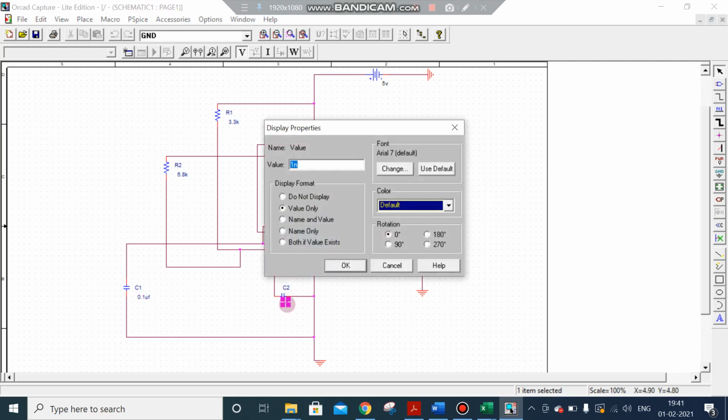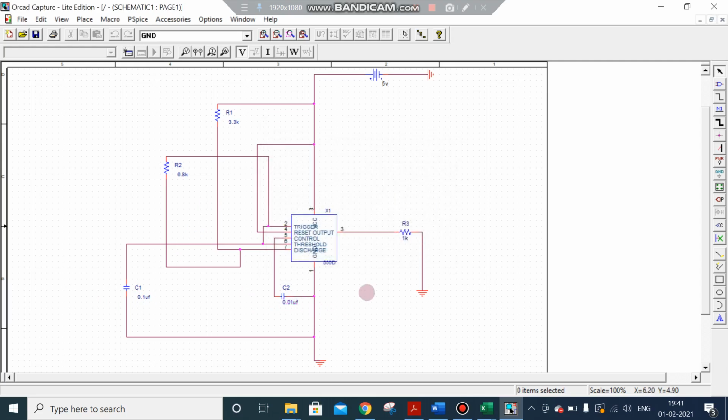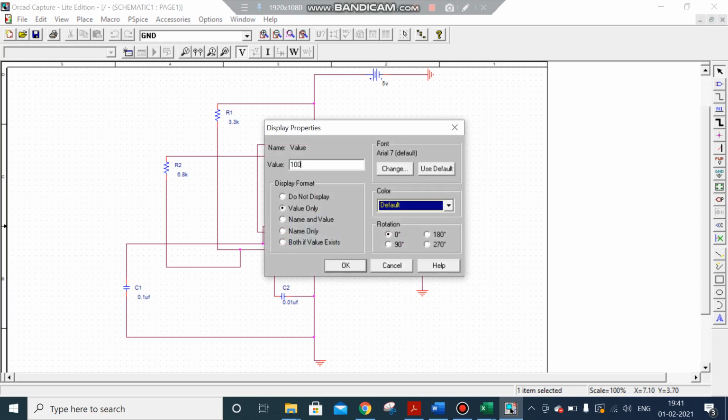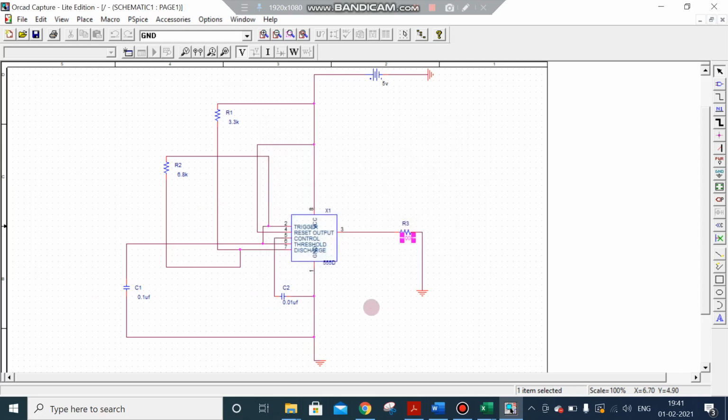This is 0.01 microfarad. It's 100k. Okay, all connections are over.